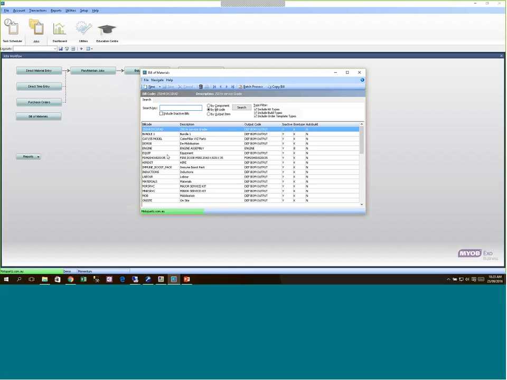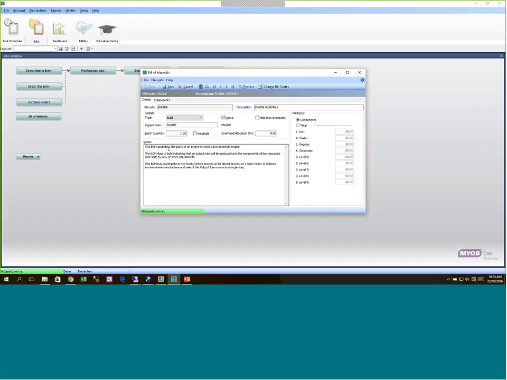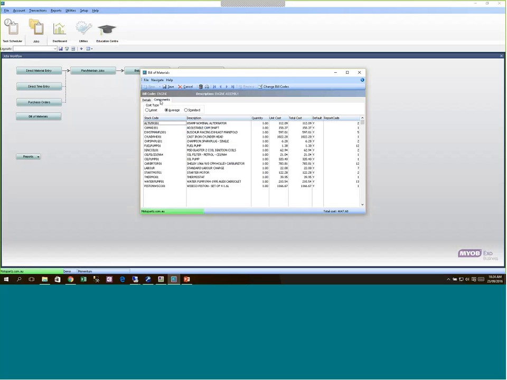So in EXO, a kit can be used in a job quote to basically include a bunch of components from a bill of material,